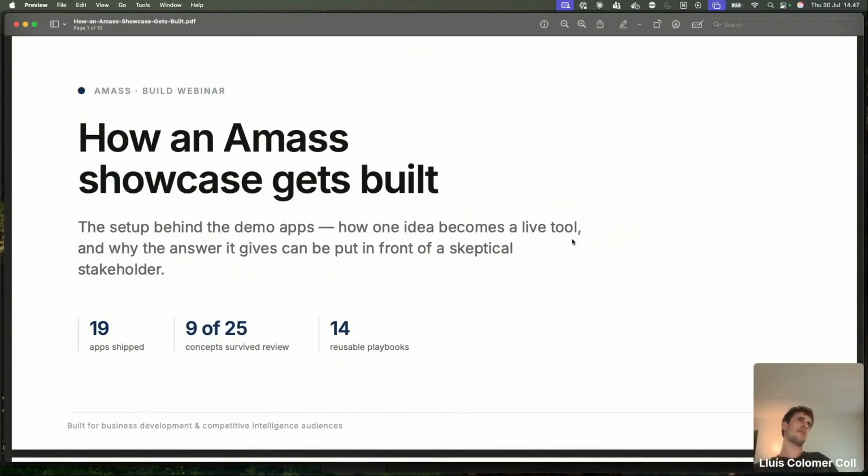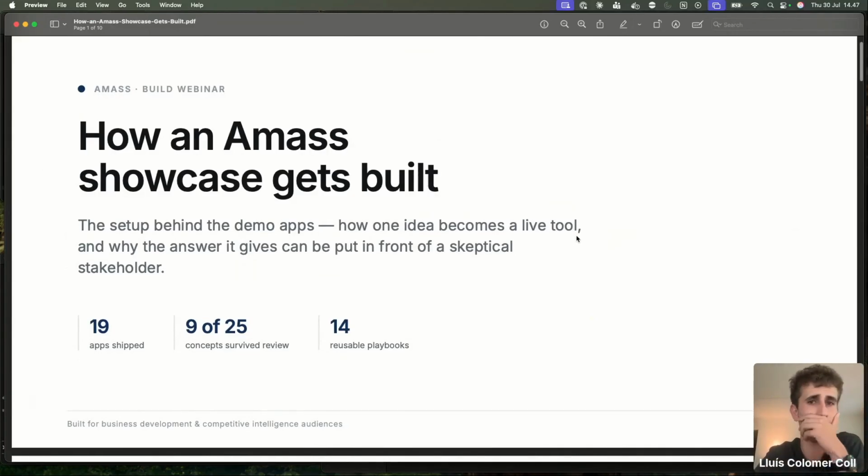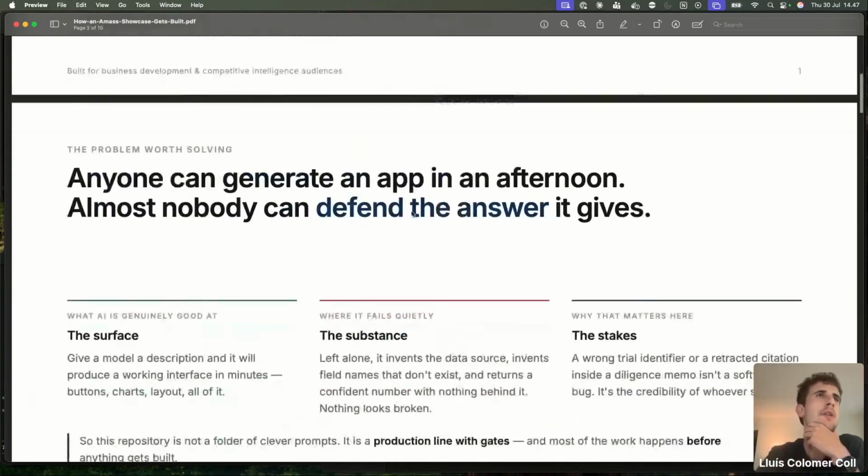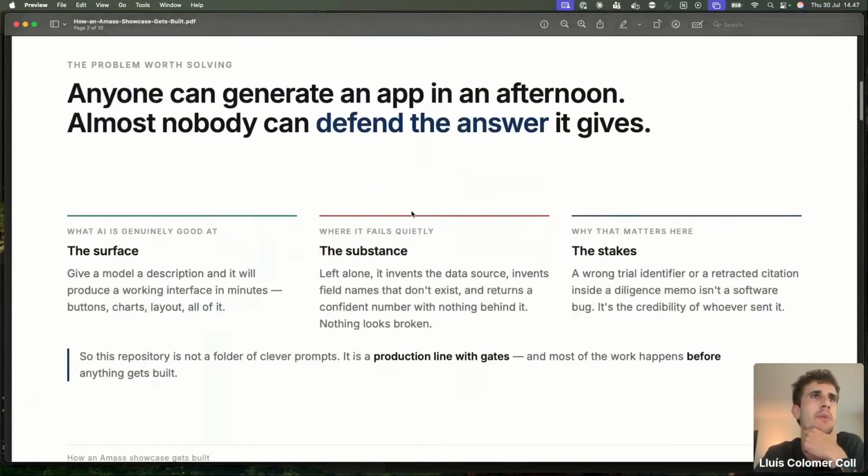So we pointed Claude again to the directory we had been working on, and we just said, please map this out so we can explain how the logic behind it worked. We built 19 apps, but some concepts did not survive this verification step, and we wrote down 14 reusable playbooks, which meant that each time we were building the next app, we could leverage the learnings from the previous ones.